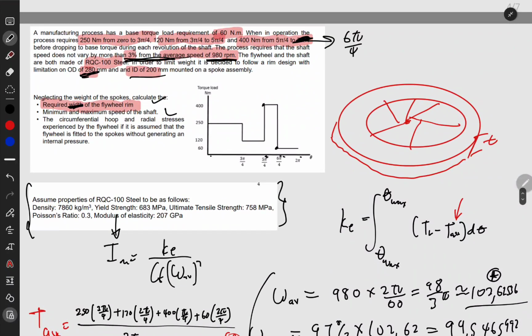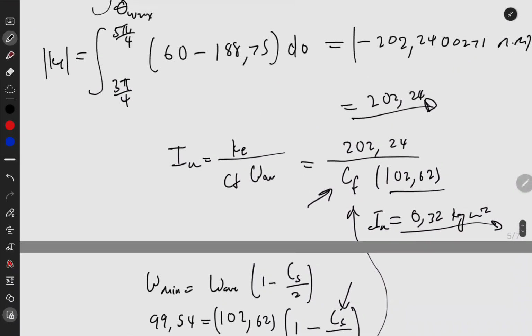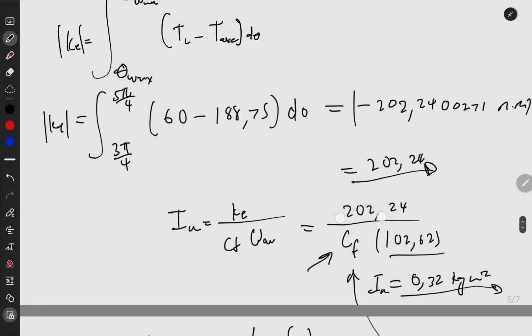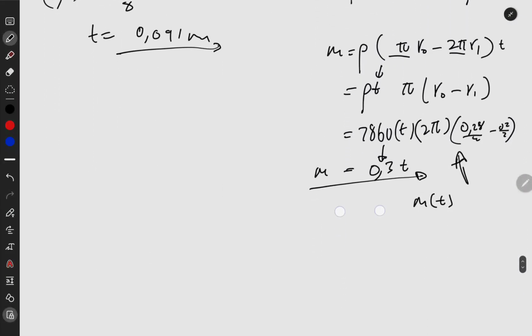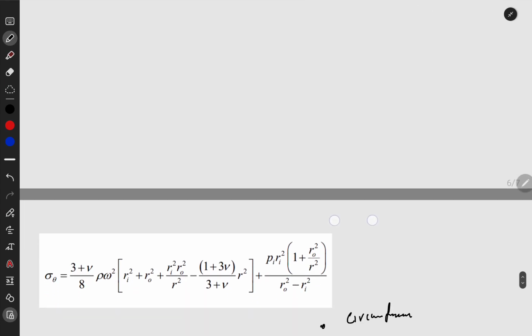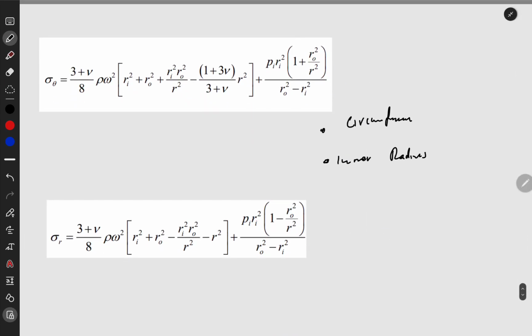The question was circumferential hoop and radial stresses. So you have these formulas that you just plug in and they tell you everything you want. So first we have this one. This one will give us the hoop stress. The hoop stress you plug in here, you want to get for the inner radius and the outer radius. Let me just throw it here, you want to get it for here